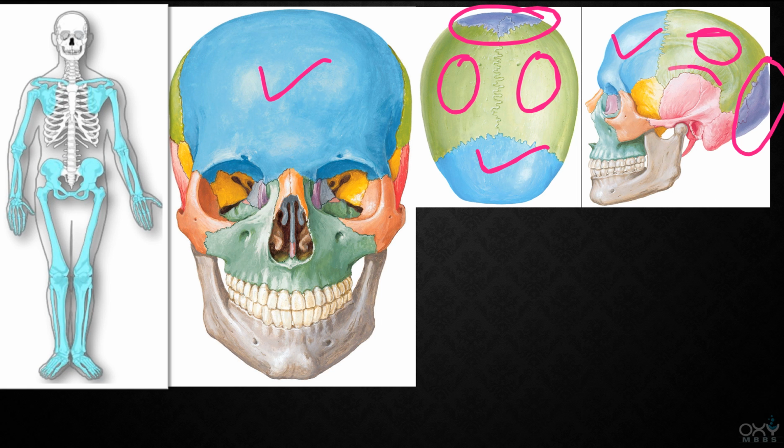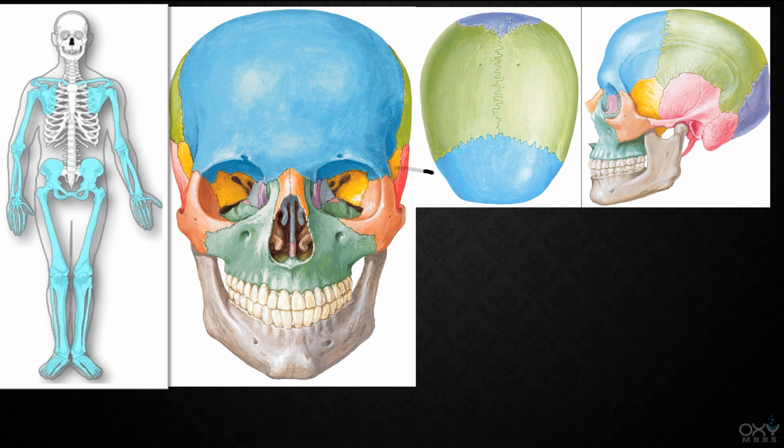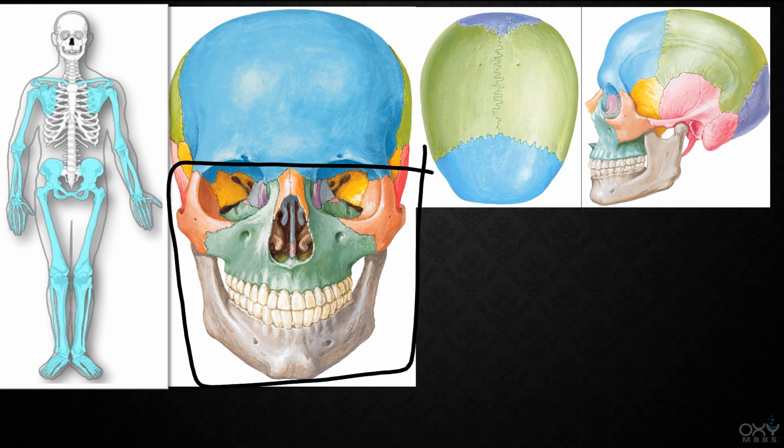And 1 temporal bone on this side and 1 temporal bone on the opposite side. And this yellow bone is which bone? This is the sphenoid bone. And this face includes which bones? These are 2 nasal bones which are present in the nose. These are 2 maxillary bones. These are 2 zygomatic bones. And this single bone is called what? Yes friends, mandible.